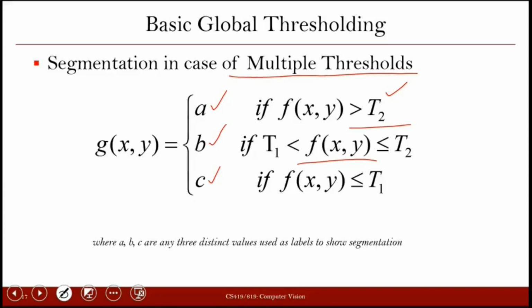Normally, whenever there are two components, we assign the labels 0 and 1. But if we have more components, then we can assign any other value. Whatever value you are assigning to the label, we normally choose values which are different from each other, so that the segments can be visualized properly. For example, if you choose A as 100 and B as 101, both intensities will look very similar. So if you are plotting the segments based on these labels, you will not be able to differentiate. That is why when you are choosing A, B, C, you should choose values which are a bit different from each other.